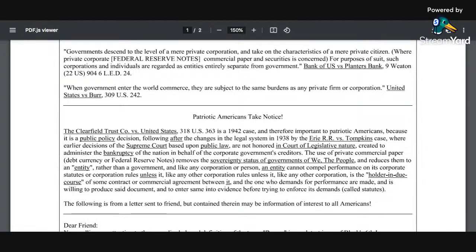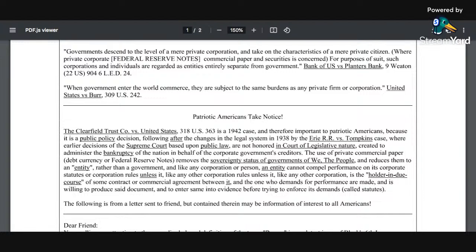So these are the distinctions. Now the use of private commercial paper, debt, currency, or Federal Reserve notes, Federal Reserve bank notes, removes the sovereignty status of governments, of we the people, and reduces them to an entity rather than a government. And like any corporation or person, an entity cannot compel performance on its corporate statutes or corporation rules